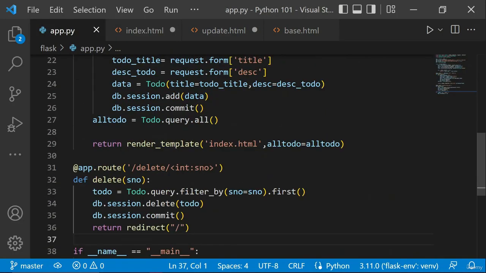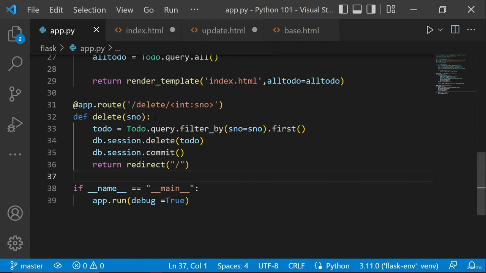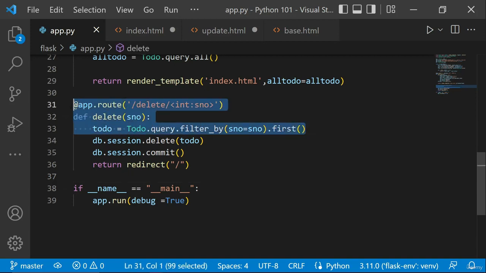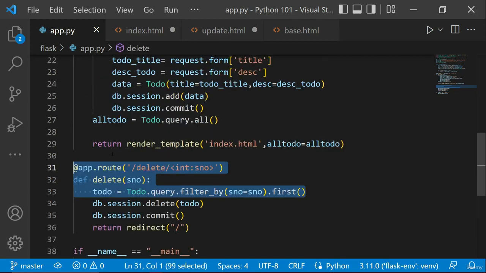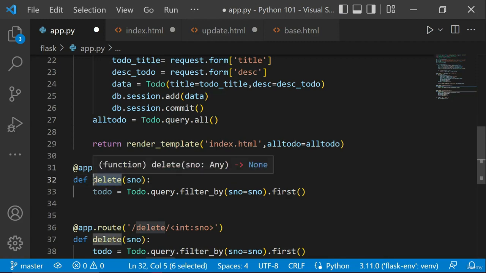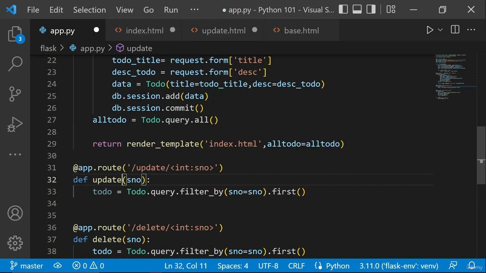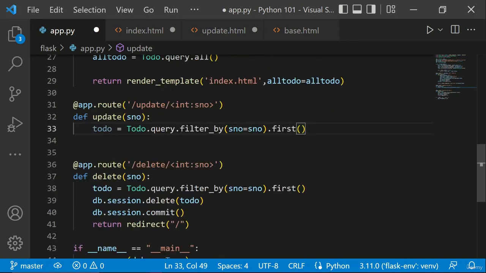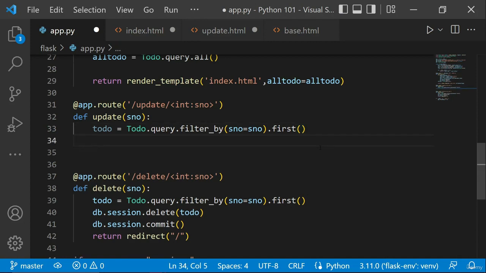the route for updating the data, and we're going to be using the update.html page to update the data. So for creating a route, what I will do is I will just try to copy this thing from here, and we're going to be creating another function, and this will be the update function. So in the update as well, we're going to be passing serial number of the data, and I will just name this as update. After this, we are going to be doing to do equals to do dot query dot filter by serial number is equals to first. So we are just going to be copying this entire line from here, and we're going to be doing return